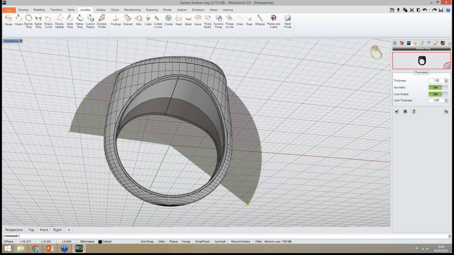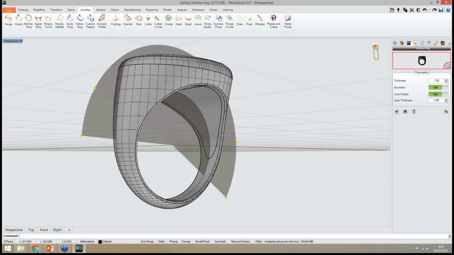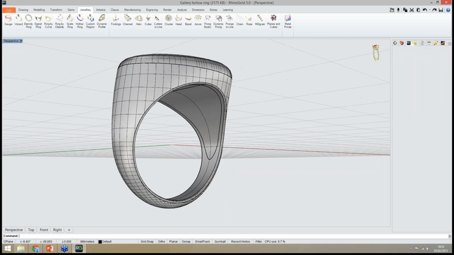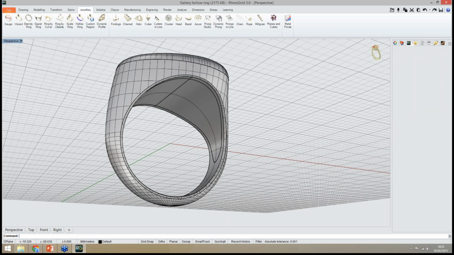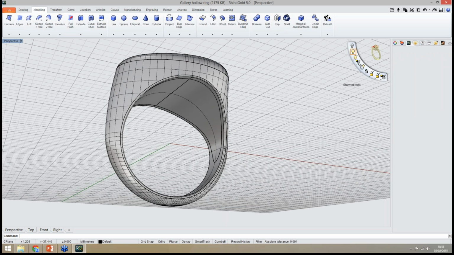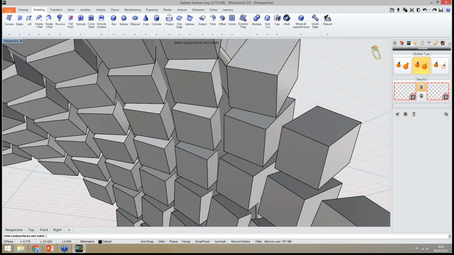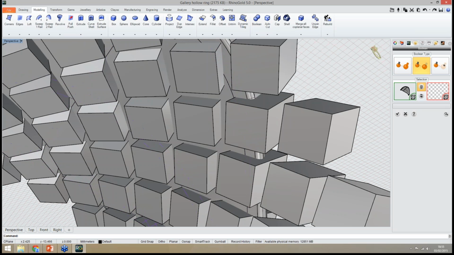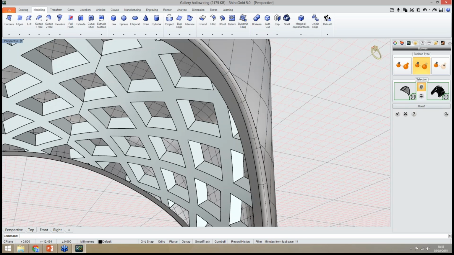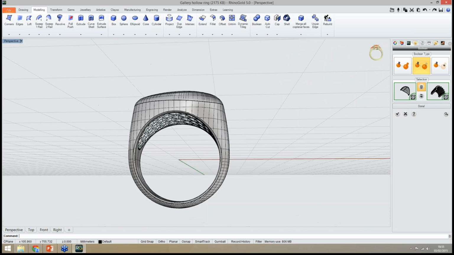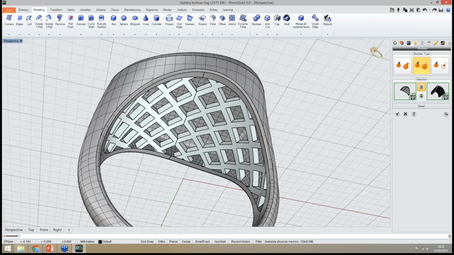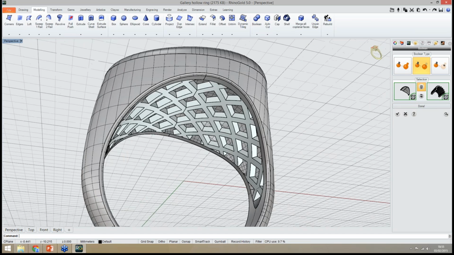As you can see, successfully generated the gallery, and now I will just make a Boolean operation with some objects I have already prepared. So objects to keep, objects to remove, preview, and voila. This is the idea. Easily you create the gallery for your ring in just a few clicks.